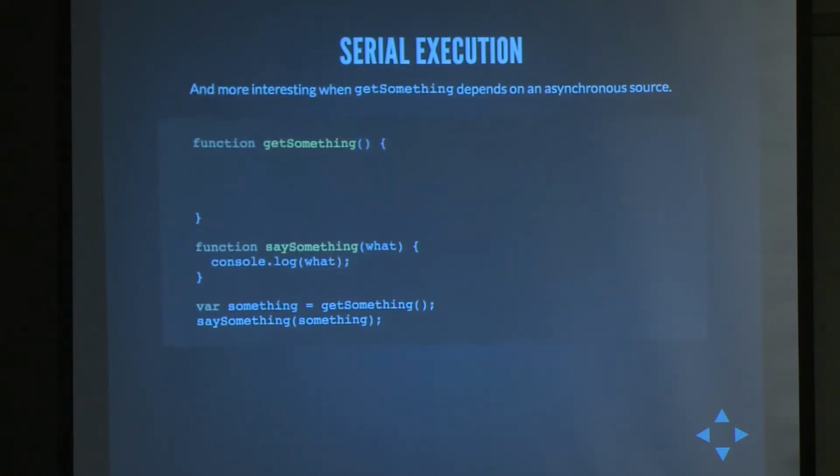Where we really start having an issue is, let's say getSomething depends on an asynchronous source. So now instead of just returning something immediately, getSomething doesn't do it immediately. It goes out to Drupal or Google, and let's say it's an HTTP request. That could take 2 seconds to execute. And so what it's actually doing is it's getting the page, and then it has this callback function, which is the function that gets called whenever